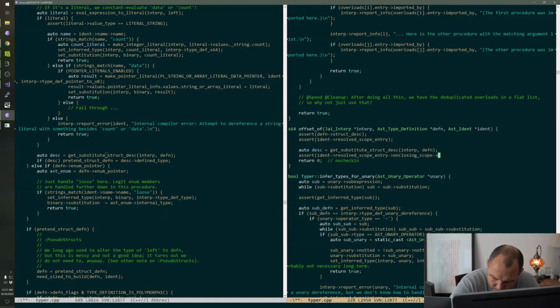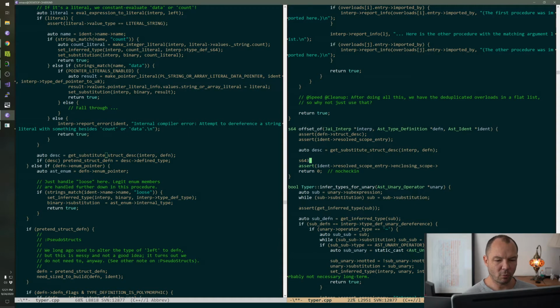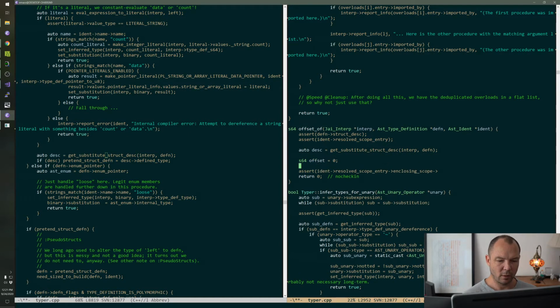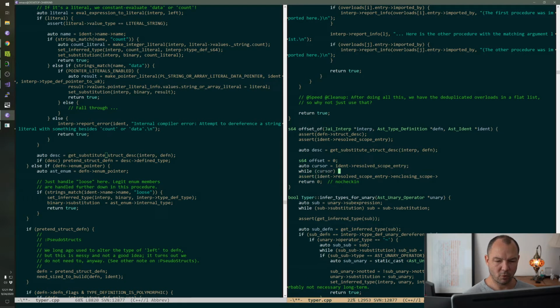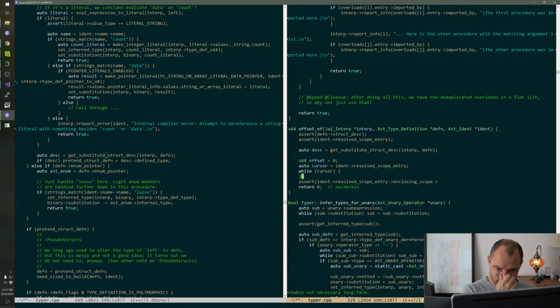Okay. So let's just start making the offset. We start with 0, and then we're going to say cursor is ident resolved scope entry, while cursor. So this could be like a chain of usings.